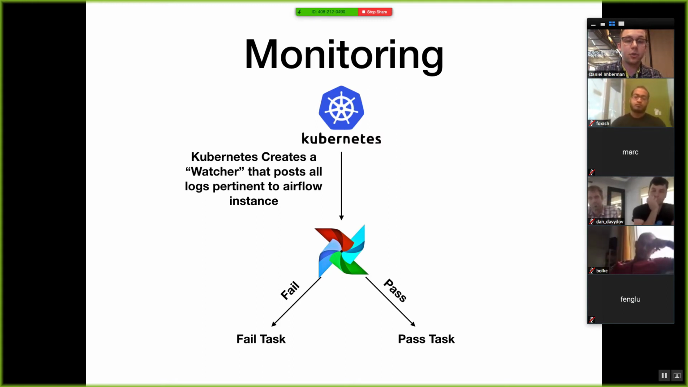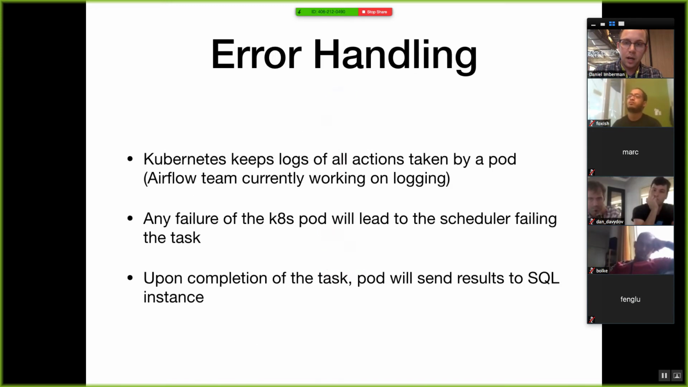This allows us to discover if a pod failed, then we obviously bubble up that failure to the user. And if the pod passed, then that means that the pod itself has already reported the final status of the task to the Postgres instance, meaning that we don't need to do anything. We can just eject it from the running queues so that the scheduler knows to add in new tasks for the executor to run. When it comes to error handling,